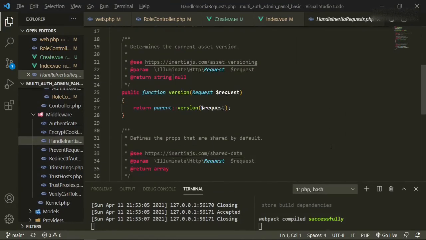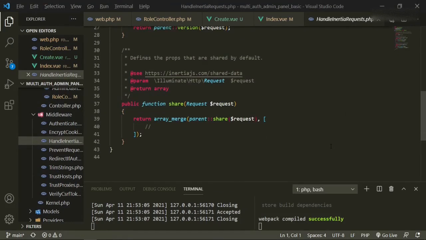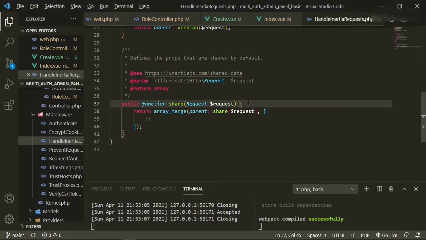So what happens with inertia is that in order for you to customize certain things like the errors and have them be accessible to the front end, you need to make them accessible through this middleware.